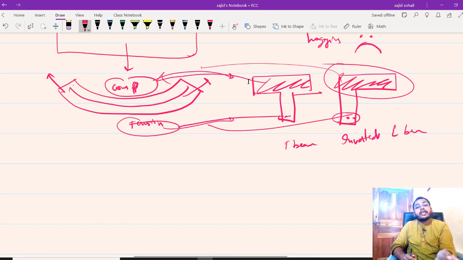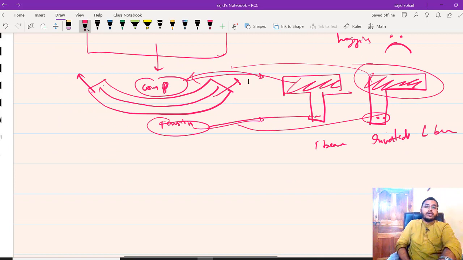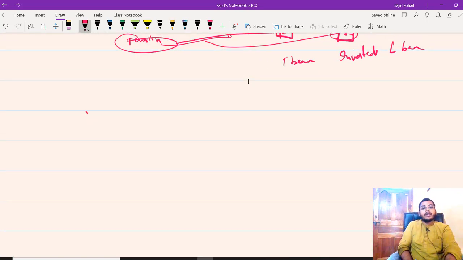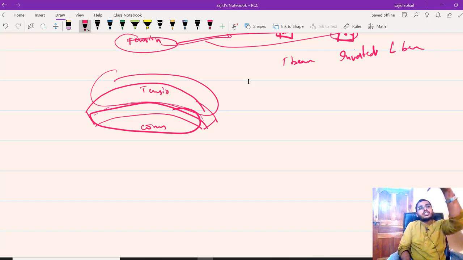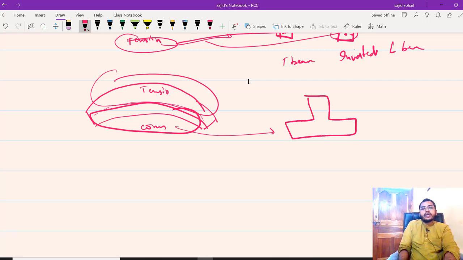End of story. But if you have a hogging moment, if your beam is deflecting something like this, then you can clearly see the bottom portion is in compression and the top portion is being stretched, it is in tension. So compressive forces are taken by concrete. So concrete कहाँ पे ज़्यादा रहना चाहिए, bottom में ज़्यादा रहना चाहिए, and the steel bars should be at the top. So you will get a structure like an inverted T-beam. So in these cases use an inverted T-beam.